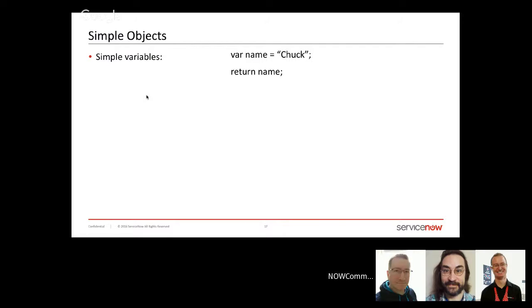If our name is Chuck and I want to return that back to a calling function, I simply return name and the string gets passed back. The issue becomes, what do you do when you have 2 things you want to pass back? Or return to another system via integration, or from the server to the client script. This is where you need some complex way of representing those 2 pieces of data in one object, and that's